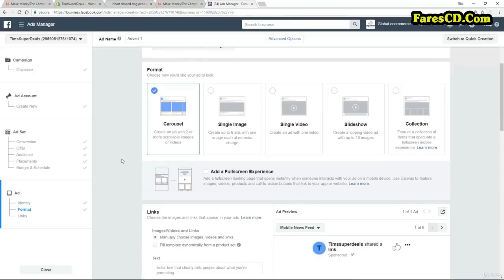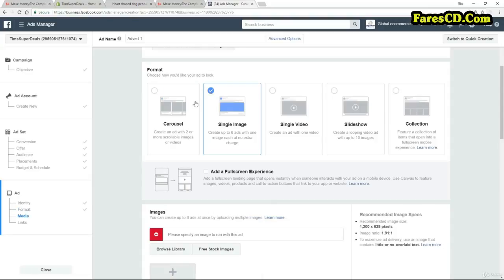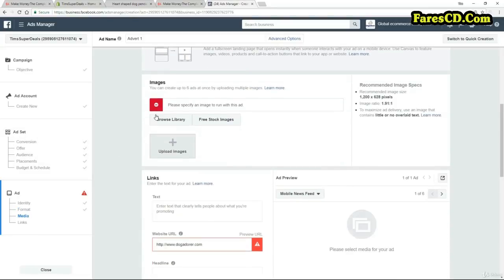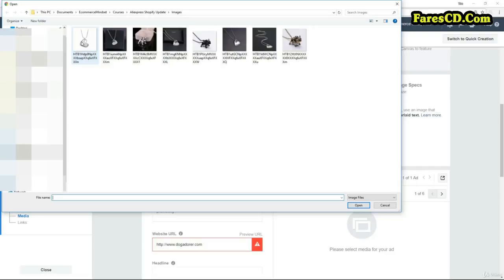Now let's scroll down to the format. Now there are various formats available here, but to get going in this first instance, we are going to focus on the single image. So I want you to select the single image. And then as we scroll down here, we need to add an image. We need an image on our ad. Facebook is all about the images and a limited amount of text, as you'll see. So clearly what I want is an image of my heart-shaped pendant. So all I need to do is click on Upload Images, get that from my PC,